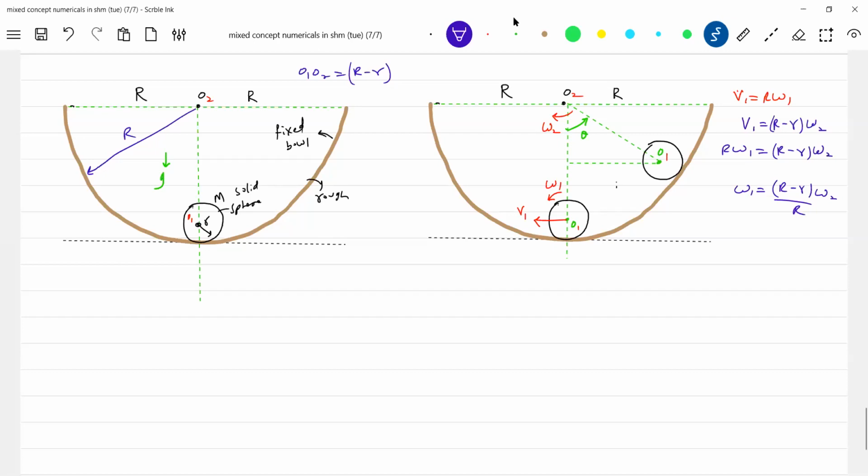What is omega 2? Omega 2 is d theta by dt. Look at this. The rate of change of this angular displacement is this angular velocity, no? So when it moves from small r, V1 equal to, okay, then I'll make some correction. V1, small r, it should be smaller. V1 is equal to small r omega 1. I think we'll have it here.